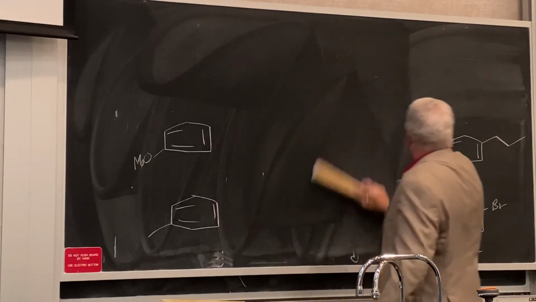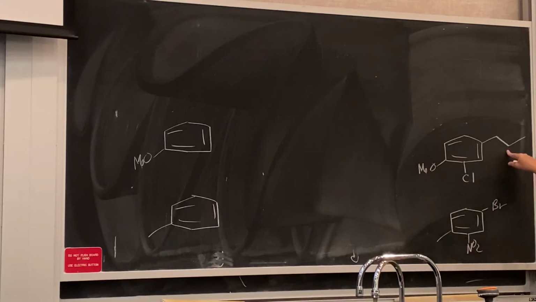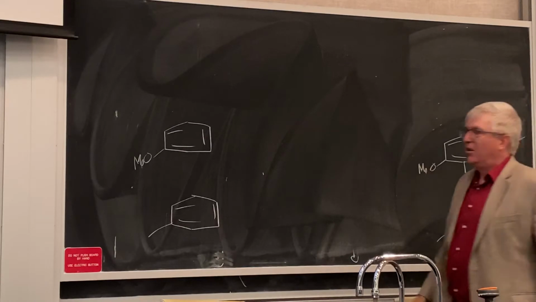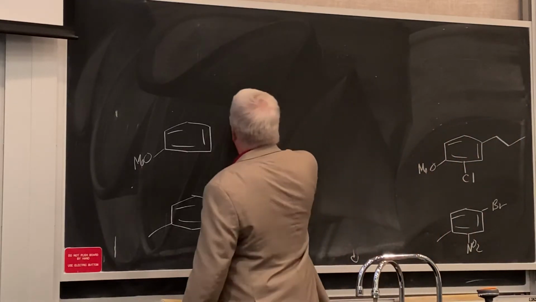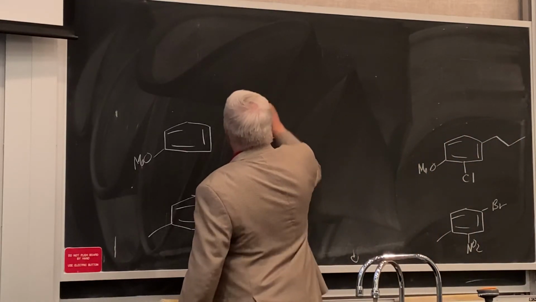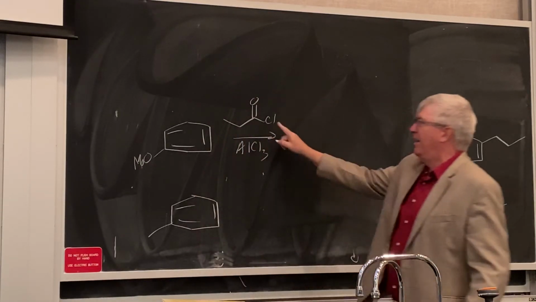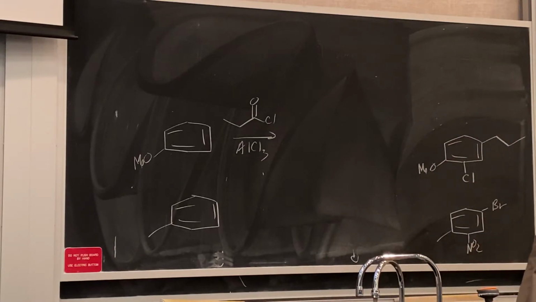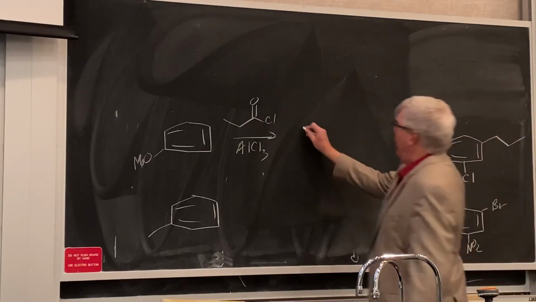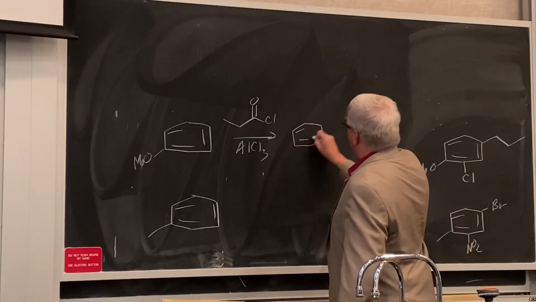And what about this one? We've got anisole. We need to put on what? This straight chain propyl group. So we can't do Friedel-Crafts alkylation. We have to do Friedel-Crafts acylation, right? So aluminum chloride and the acid chloride from propionic acid, okay. You don't need to show how to make that. I showed you from thionyl chloride and propionic acid, but you can just use these reagents as the acid chlorides directly, right? And that will give you the aromatic ketone